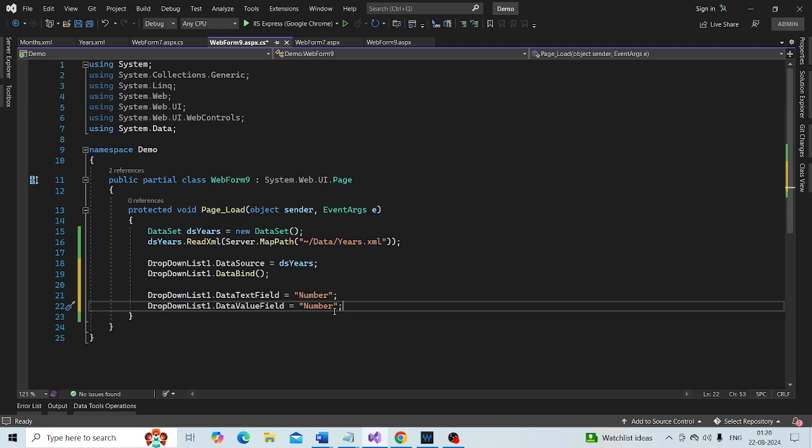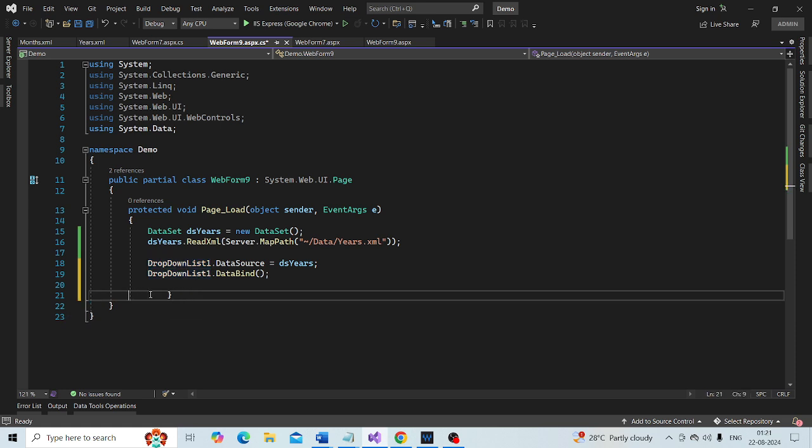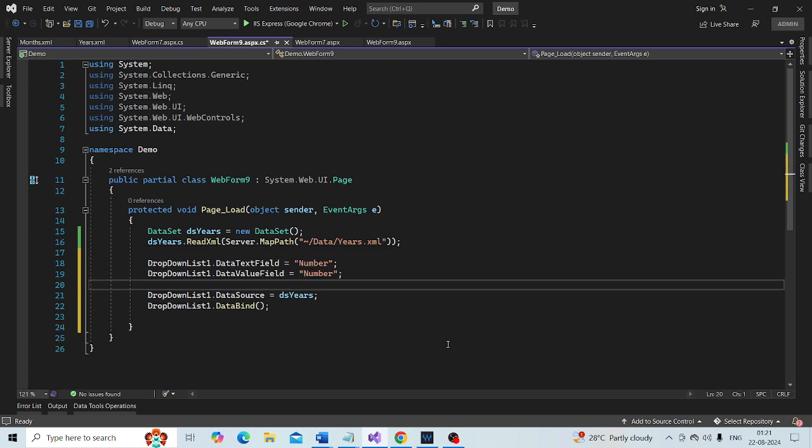Actually, let's specify this before we bind the drop down list, and we are done.